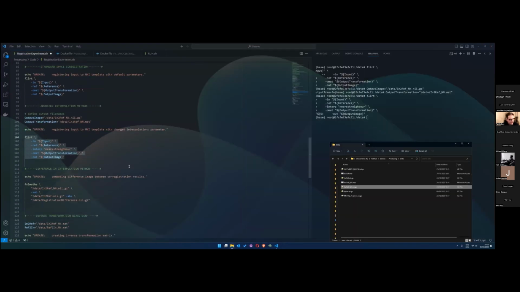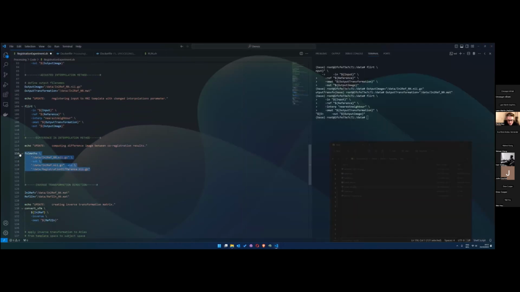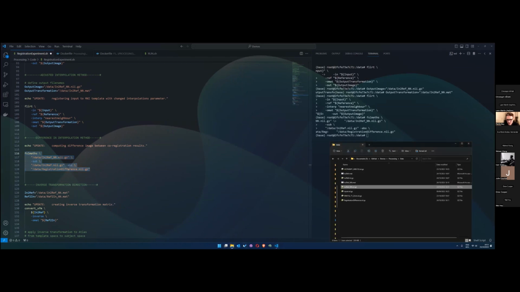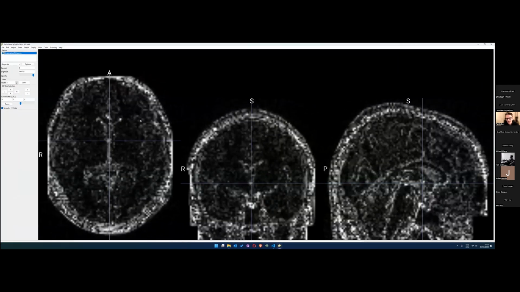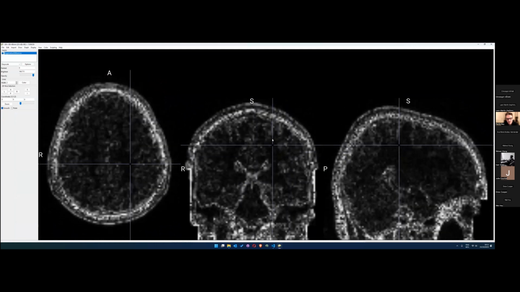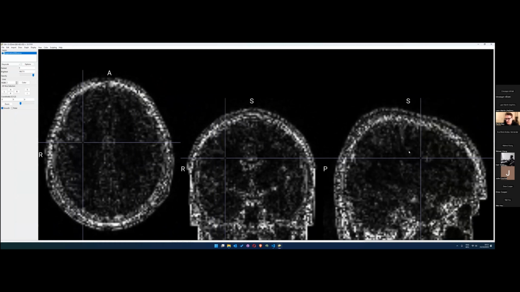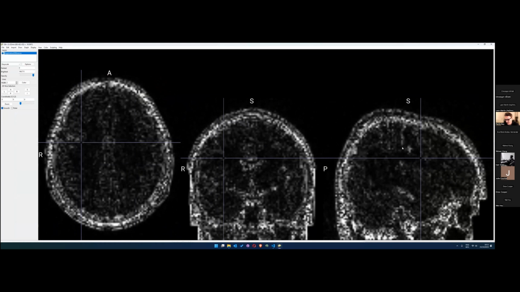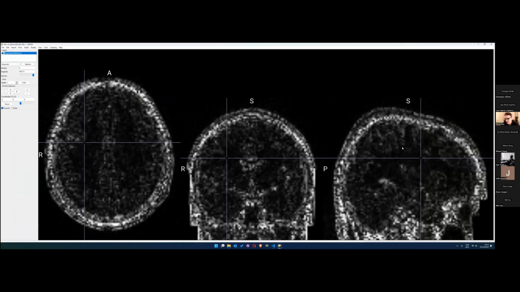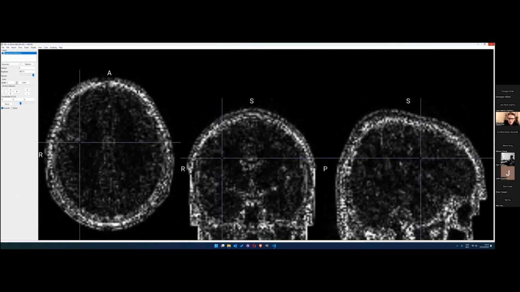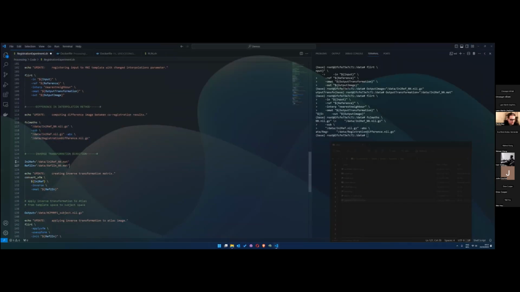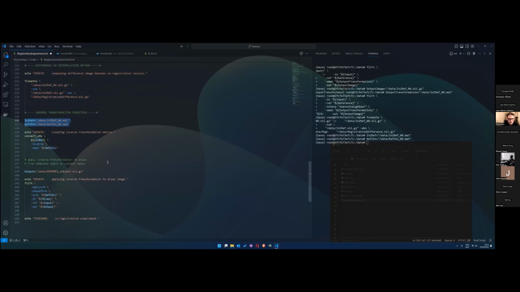And as a last step, we can actually also just compute the difference here. I forgot about this. That creates the difference image between the two registered images that we created, in2ref and in2ref with the nearest neighbor. And if we look at this, we already see that there is a huge difference. It's basically recreating the whole skull, and also we can see foldings, the actual cortex here being reproduced, which means that this is where we find already differences just by this single parameter to the registration call that we're doing. Just to really highlight the importance of paying attention to these if we want to create our own